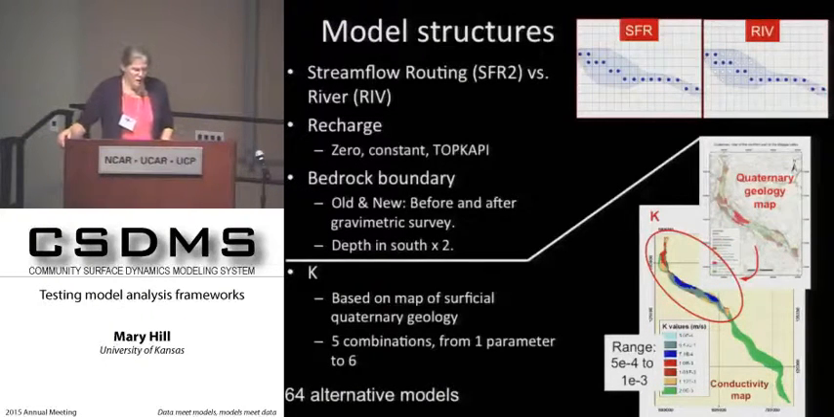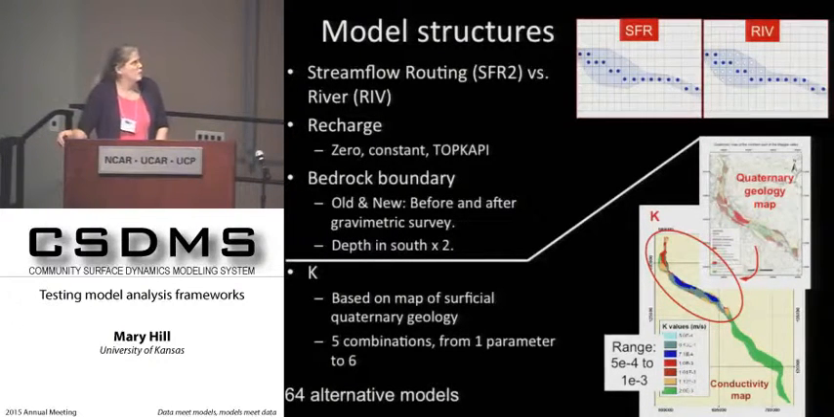There are also differences in how we handled the recharge. It was either 0, a constant, which could be estimated as a parameter, or a full rainfall runoff model that was used to calculate a spatial distribution of seepage, and then there was a parameter to just multiply that. The bottom bedrock could be defined in two ways. One was before a gravimetric survey was done and one after. And the difference in that was a factor of 2 in the bedrock, the thickness of the valley fill deposits